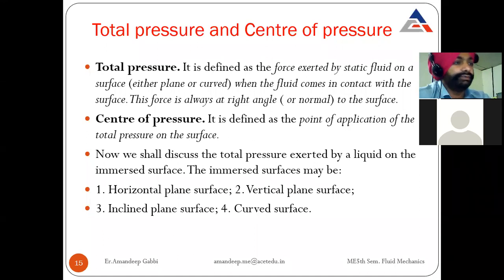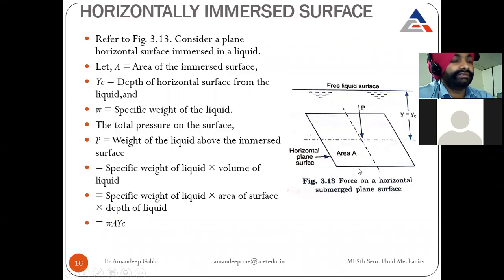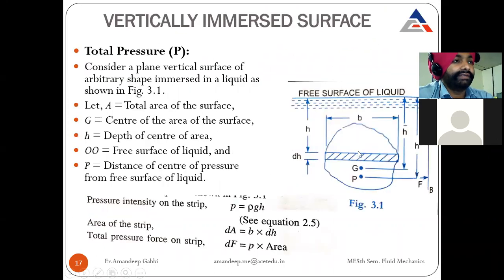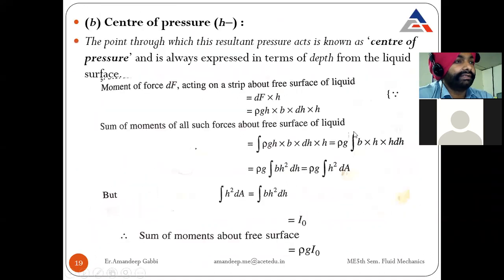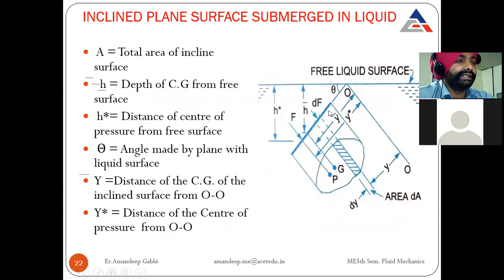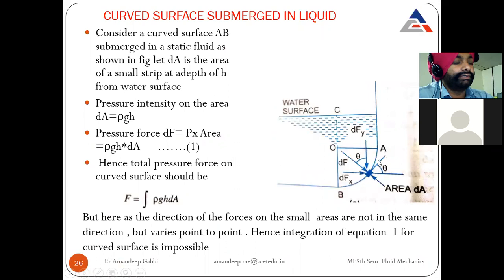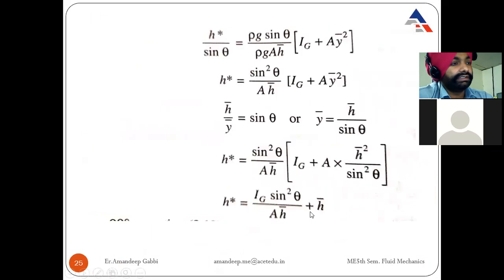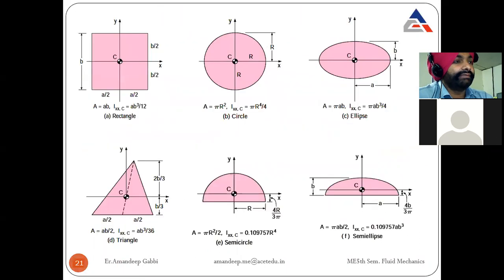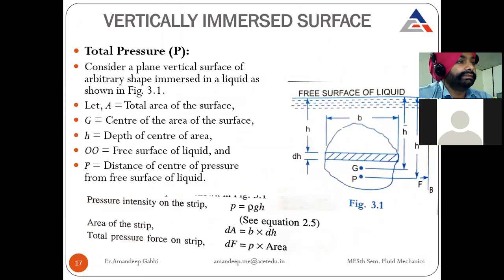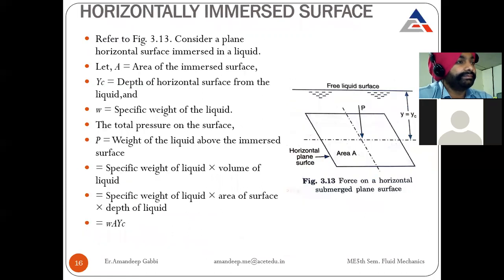So let me show you the diagrams. The horizontal surface is like this. When you talk about a vertical surface, it will look like this. This is the inclined surface, and this is the cross section of that. And if you are going to talk about the curved surface, this is the curved surface. So these are the four cases that we have to do, and let's solve the sums for center of pressure and total pressure. Now, starting with